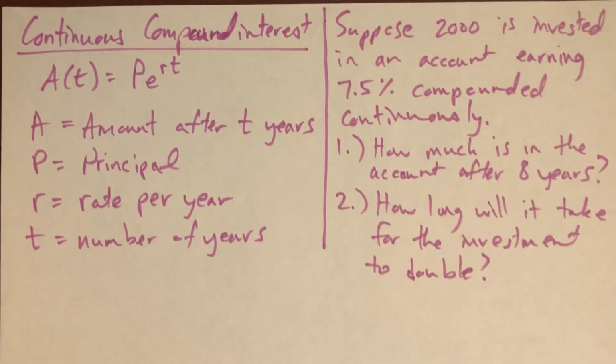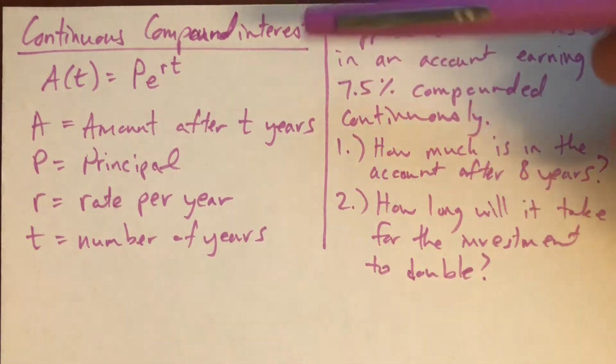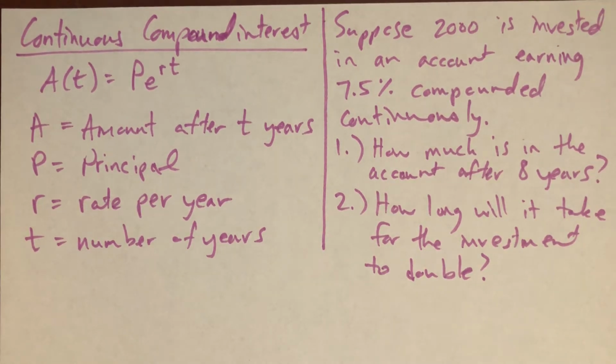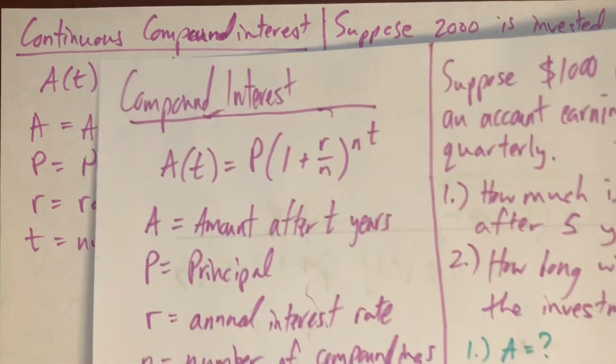All right, let's do a problem with continuous compound interest. Okay, so here's our nice little formula here. Continuous compound interest is a similar idea to what we did in the last one with regular old compound interest. We're taking the interest on the interest, on the interest, on the interest. Where before we were taking it a finite number of times, right? We have the nice formula for the regular compound interest,